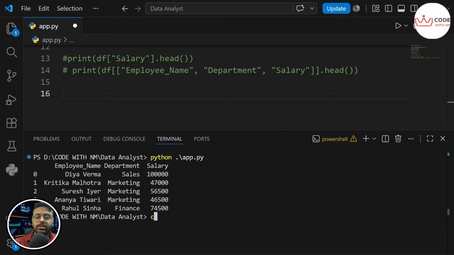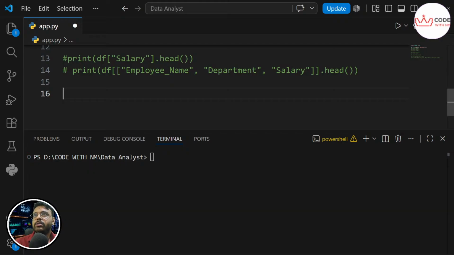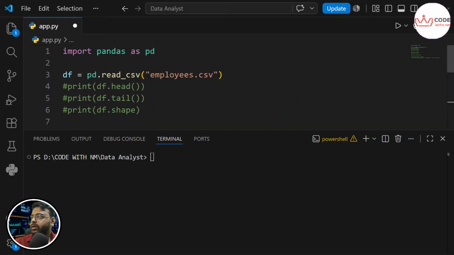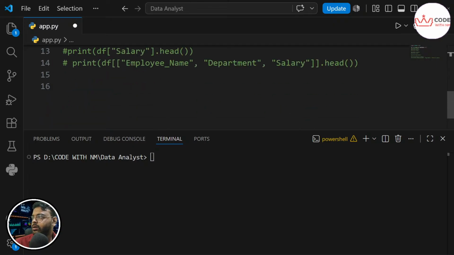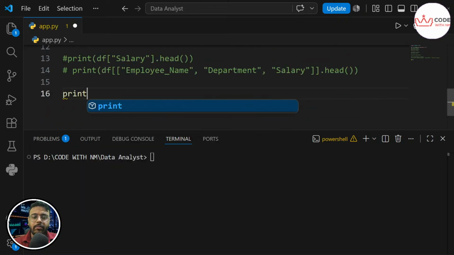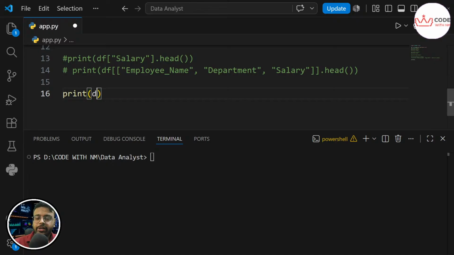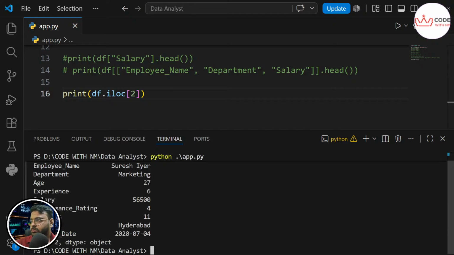Okay, let's clear the screen. Everything is commented, and make sure the file has been loaded. Let's come here and print df.iloc[2], and you will understand it by seeing the output.